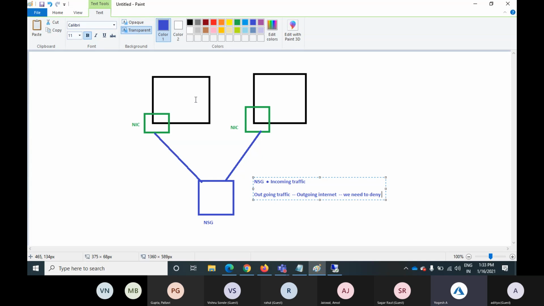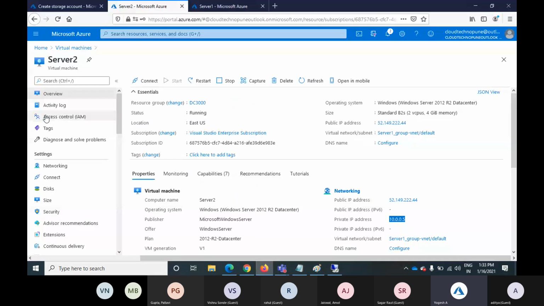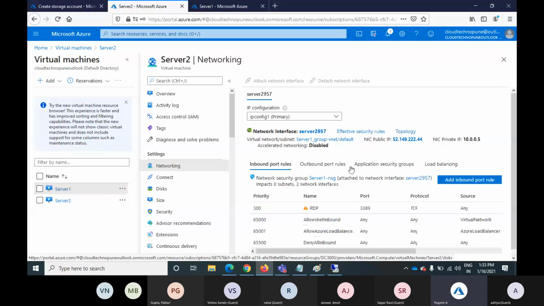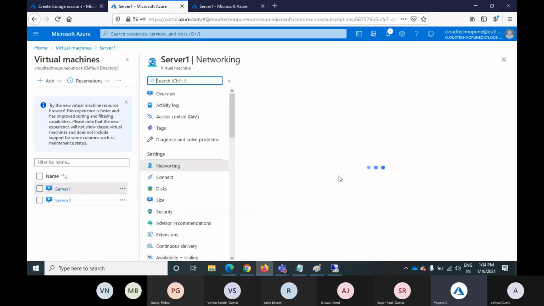But your requirement here is that out of two virtual machines, only one virtual machine should not access the internet. In that scenario, you need to specify the source, because when you block the internet, your source is nothing but your virtual machine and the destination will be the internet. So let's go into the network security group, the NSG which is configured on both virtual machines. The same NSG, see, server1-nsg, server1-nsg. So let's go into the NSG,